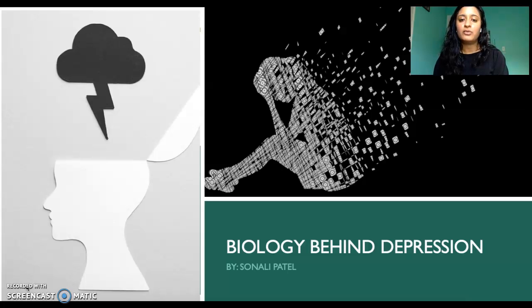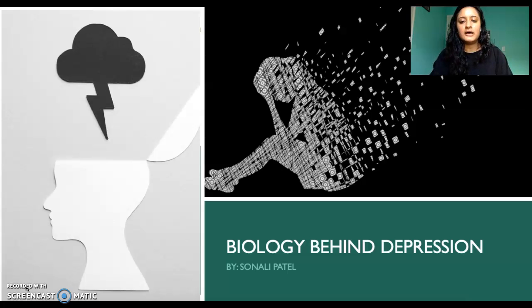I think this is a really important topic to talk about because currently in the world, according to the World Health Organization, there's more than 265 million people of all ages who have this disease, and it's also the leading cause of disability worldwide, also according to WHO. So it's very prevalent in today's world, and I think it's important to understand really what's going on inside the body. Because it's not just a phase of sadness, it's actual structural changes and chemical imbalances that are occurring during depression.